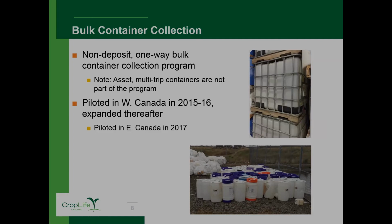They will be transported out to the farm. The product is then pumped into a sprayer. Then that container goes back to the ag retail location to be filled again, and then another subsequent farm visit. Those are not part of the program, but anything that's a one-way, one and done, in essence, is part of this program. The program, in terms of its history, was piloted in Western Canada a couple years ago, and based on the experience of those programs, it was expanded into Eastern Canada last year, and it'll be offered again this